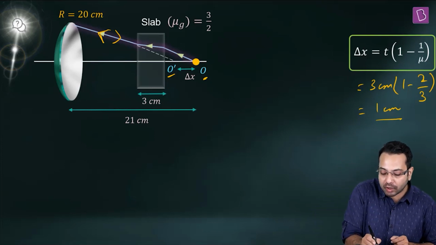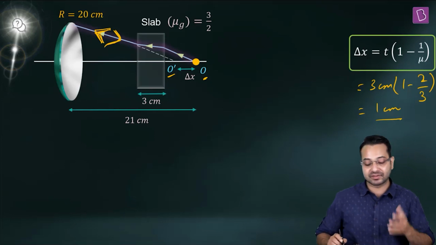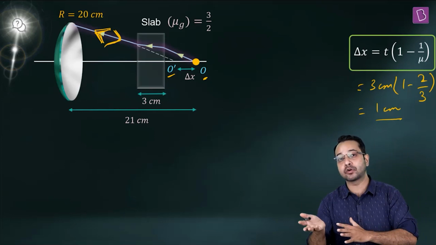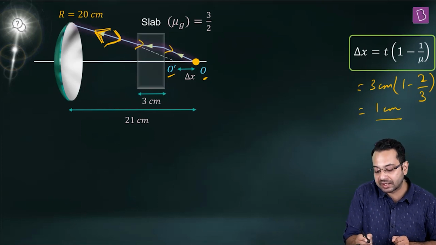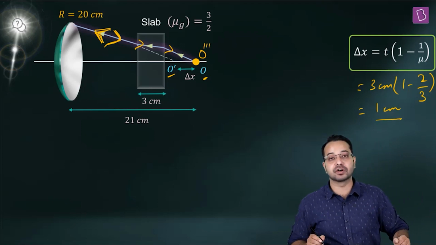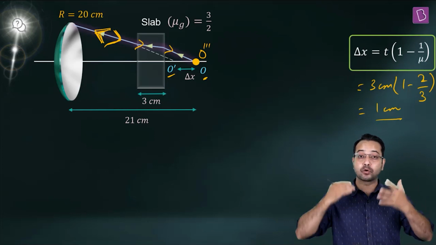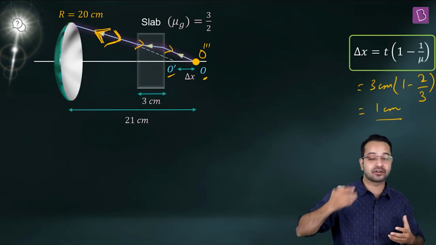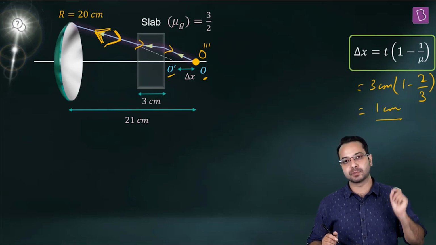Now here all we have done is, this was the direction, now the direction has been reversed. If the direction has been reversed, it is still going to take the same path. So it is going to come here, and it is going to come here like this, and finally the image is going to be formed here itself. Is that correct? So we don't have to do so much calculation, or consider two refractions and one reflection in this case. We simply understand the principle of reversibility of the path.